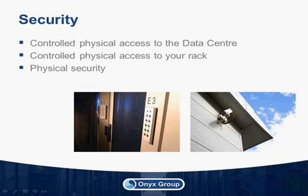You will also be asked to sign in, and this sign-in process will display a photo which will have been previously taken of you. Then you will generally be issued a card that will grant you access to the data floor. So once you've got in the building, you're not on the data floor, you're in the reception area. So to get access to the data floor, you need a card